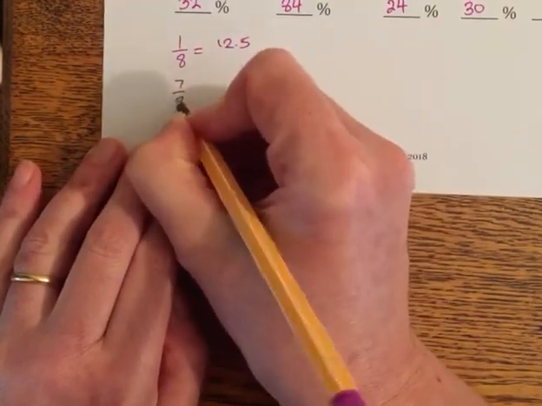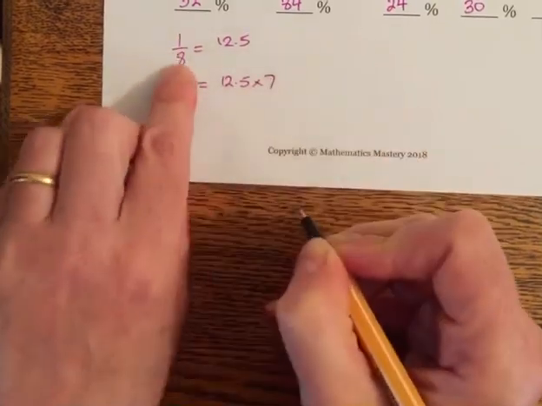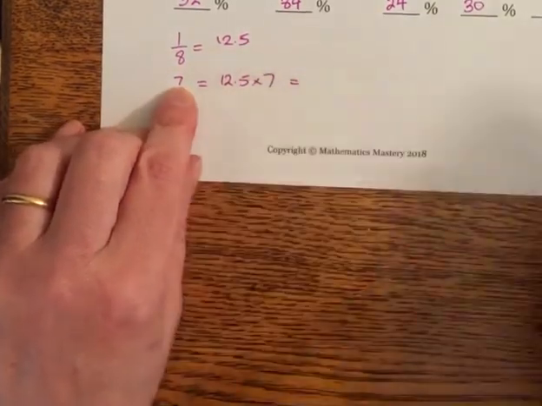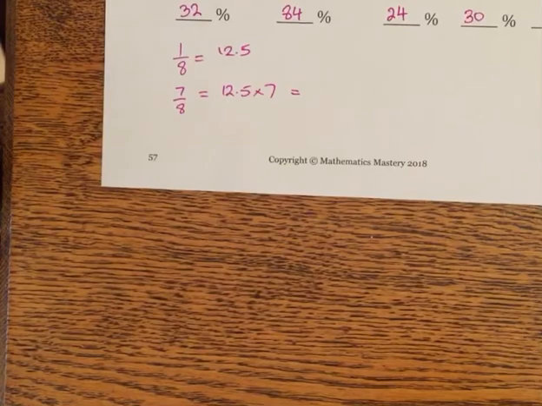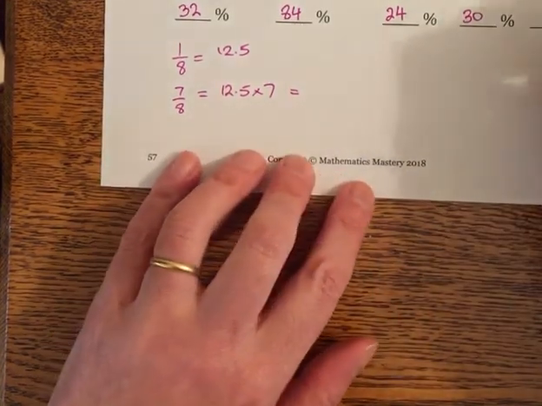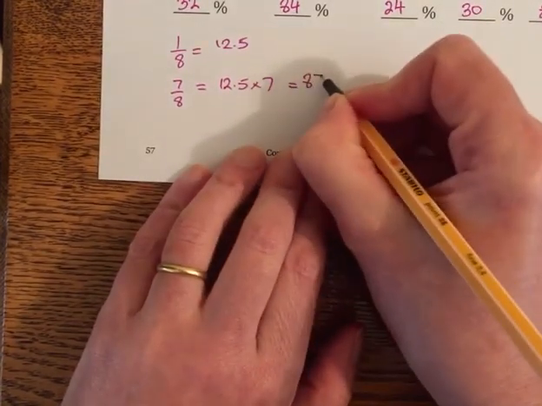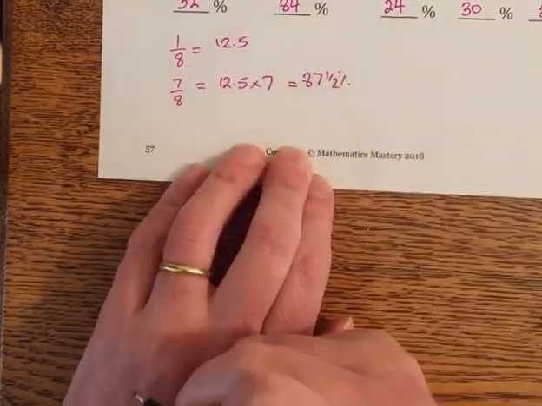So 7/8, if I times this 12.5 by 7, I will get 87.5%. So is there another way to